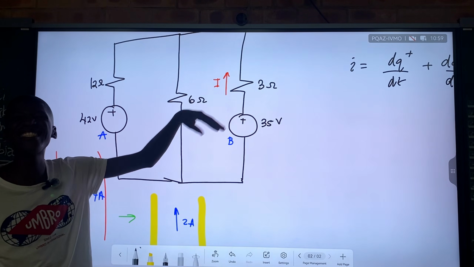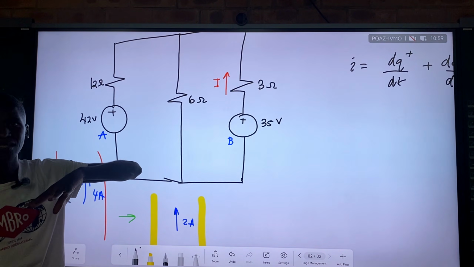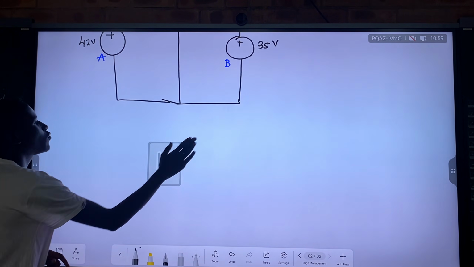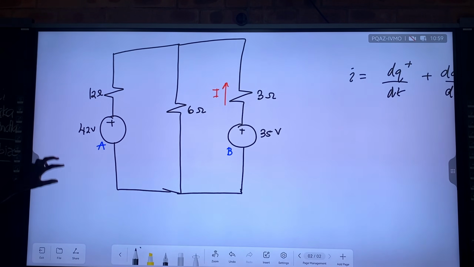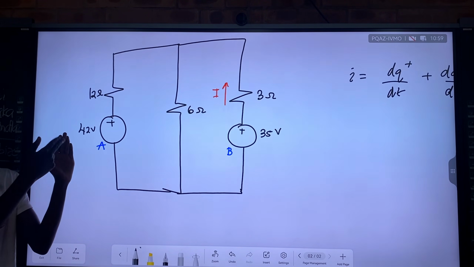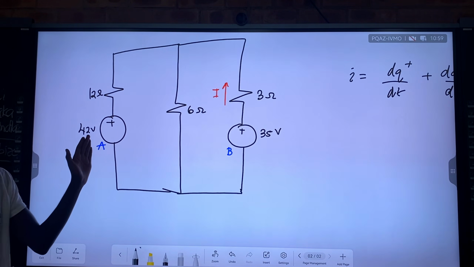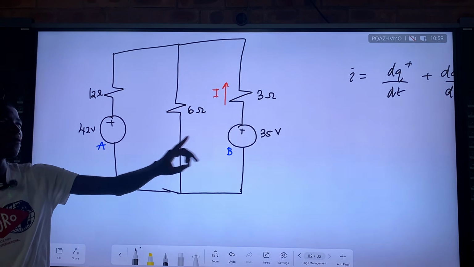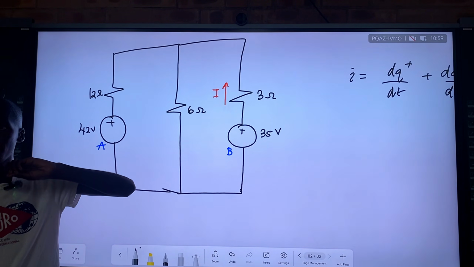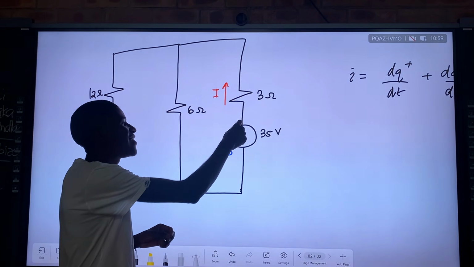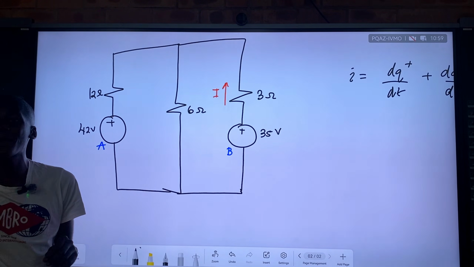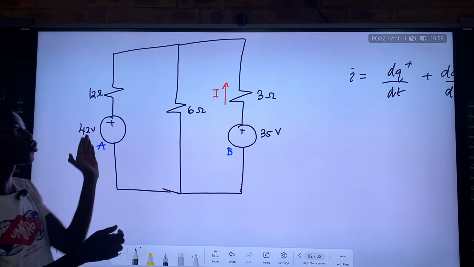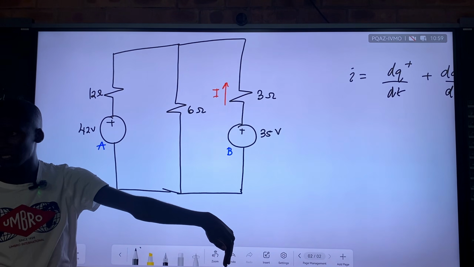But this one we have here is the net current, the total current. So for us to be able to find the net current, which is I, we have to apply superposition here and find out, if your 42 volts power source is alone, how much current is it producing to the 3 ohms resistor. In other words, I want to remove the 35 volts. I pretend it is not there. I'm just going to say that the total effect of this voltage source I'm going to make 0, so that I can see how much current the 42 volts alone produces that goes to the 3 ohms resistor.